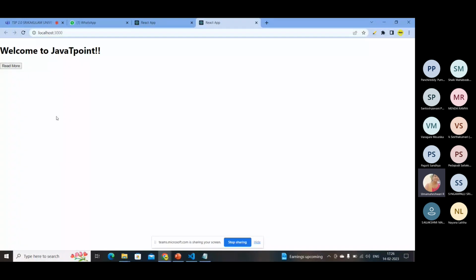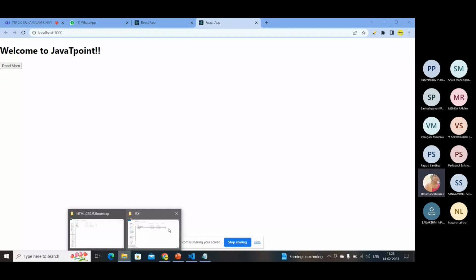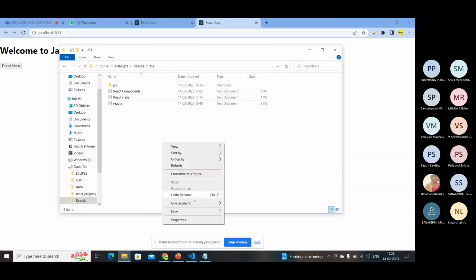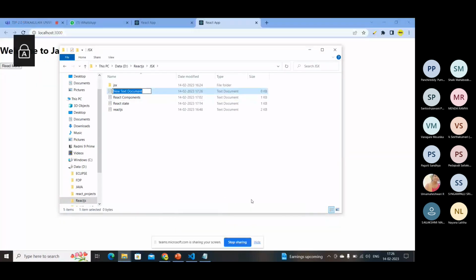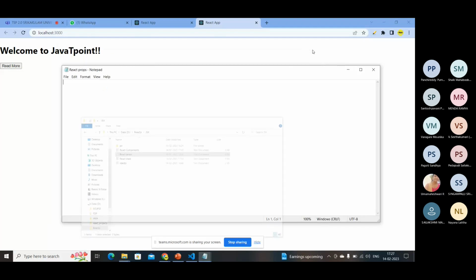And now we will see what props is and how we can use props. Okay. So here I will create in my notes. Inside this, React props. So what is props? It is all about properties, right? So it is called a read-only component. It is an object. Actually, it is an object